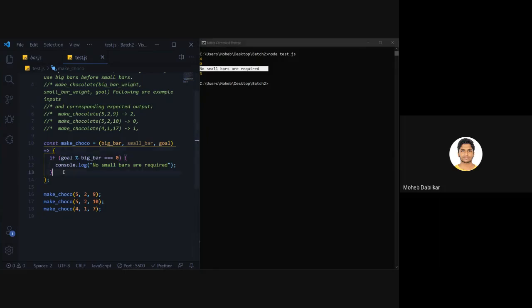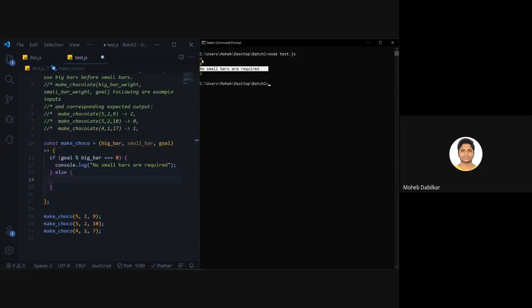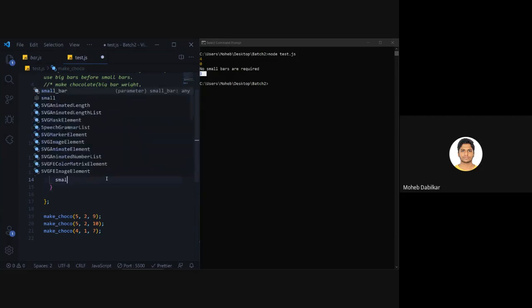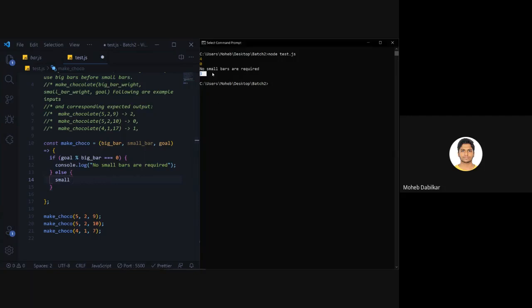Now the next thing you will do is else, if this does not meet, so you have a remainder of 4 over here, you have a remainder of 3. Now we know that we have a remainder of 3, and out of that 3 we have to distribute it among small bars.